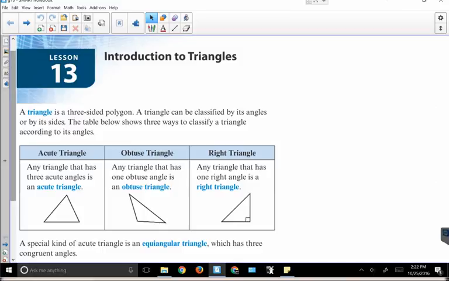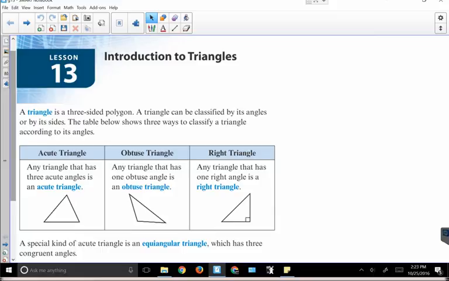Obtuse means it has one larger than what? 90 degrees. And a right triangle has a 90 degree. How many 90-degree angles? What about an obtuse? Can it have two obtuse angles? Can it have two angles larger than 90 degrees? No. Good. Now,